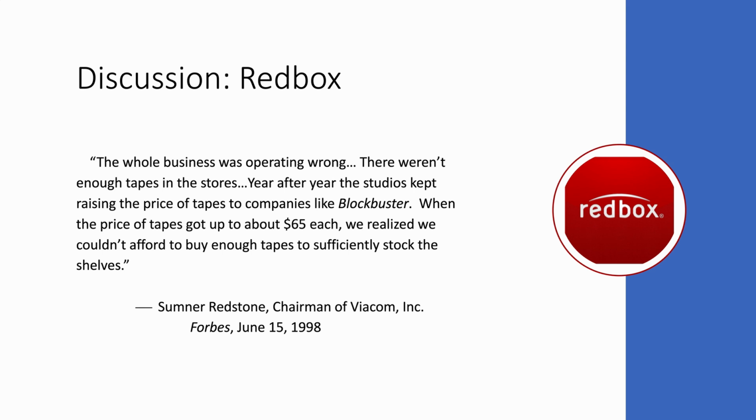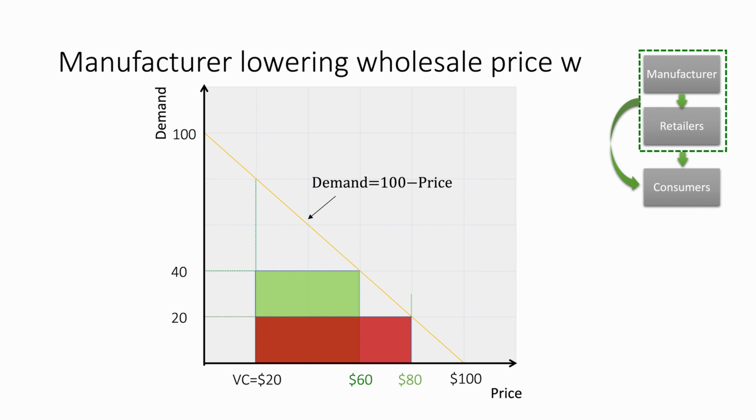But the pricing model here between Redbox and the movie studios is, in a way, these two entities are acting together through contracts in order to lower the wholesale price so that they can stock up a larger number of products to fulfill the market demand. And to summarize the double marginalization issue that we have discussed, it is notable that when the manufacturer and retailers are acting together, consumers would actually see a lower price. So the price is $60. The optimal price is lower.